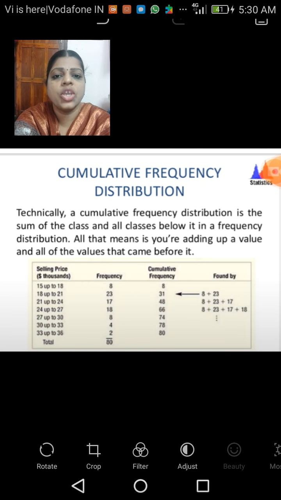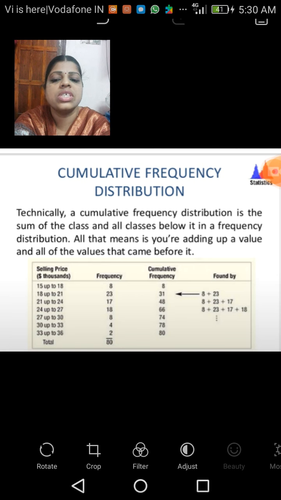So children, the cumulative frequency values, that is the CF values, are also as important as the frequency values. So mostly we'll depict this distribution table using these cumulative frequencies. And how to find out the cumulative frequencies? Here the schedule is given with the selling prices, and it is given in thousands.